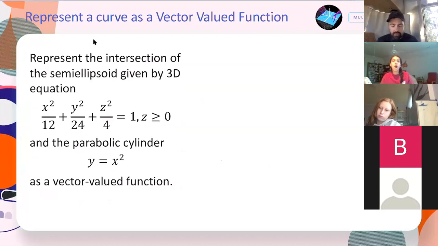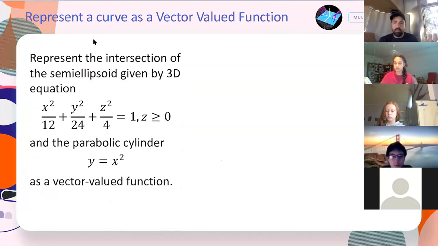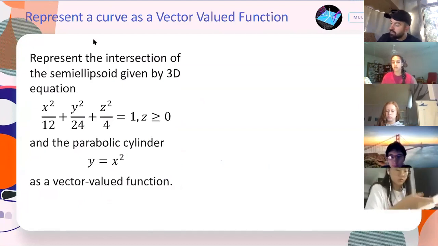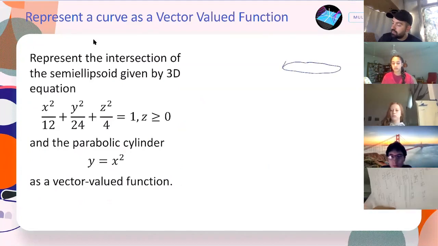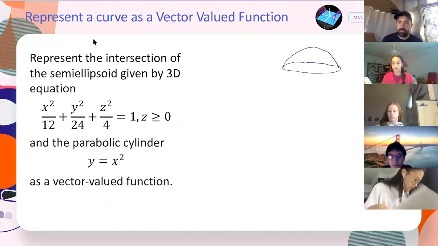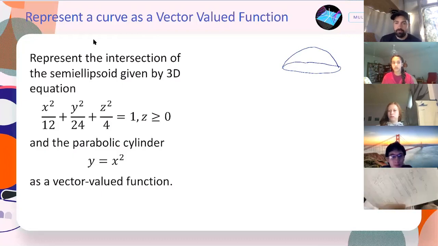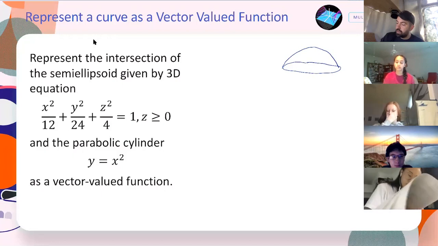So here we're going to graph the curve, and this is how you come up with interesting curves, is you intersect different surfaces. So picture if we intersected an ellipsoid and a parabolic cylinder. So again, my graphing skills are not super awesome. Semi-ellipsoid just means half of an ellipsoid. So we're going to have kind of a bubble. And think if I took a parabolic cylinder